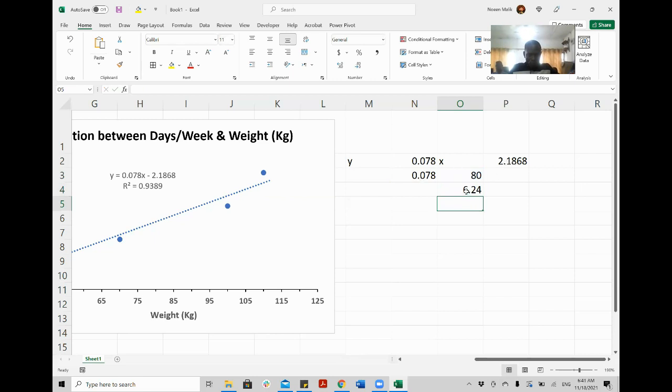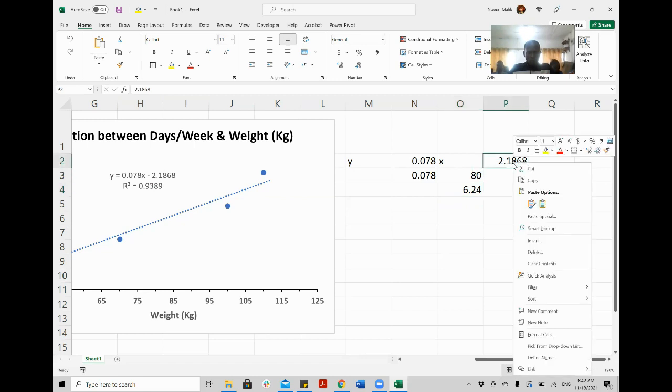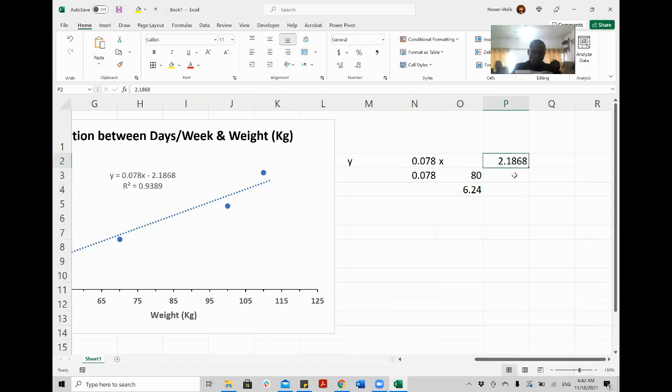Now, what the formula says is, whatever you multiply should subtract the other number. So we have multiplied by and we got this number. Now I should subtract from this number, right? So let me put this here again, 2.1868. Let's do the subtraction here, is equal to this number selected, minus sign on your keyboard, and then this